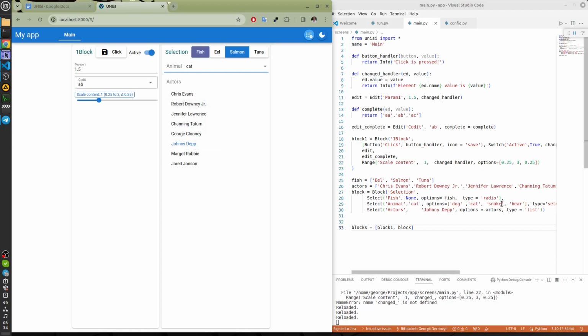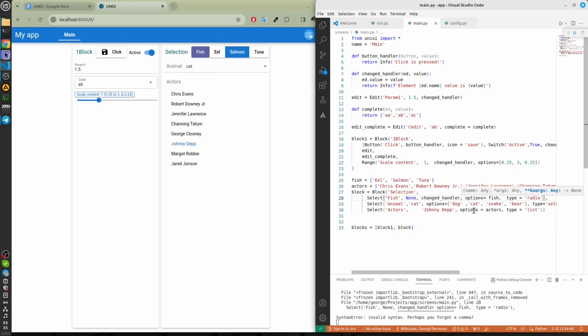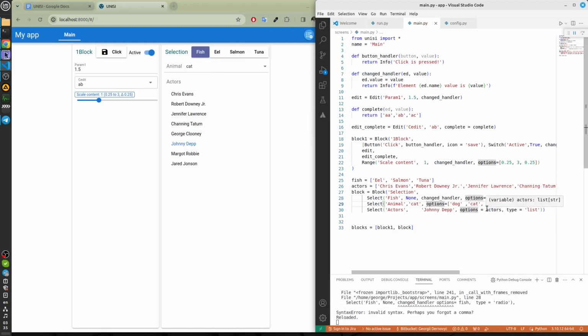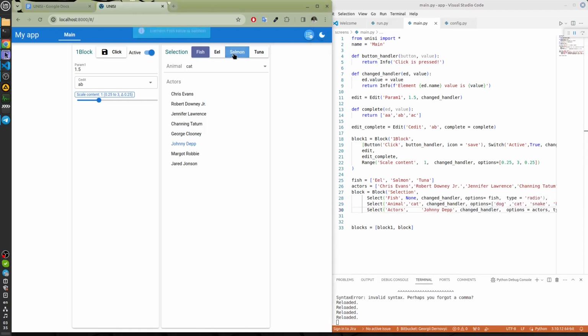Unicy can choose the optimal type for us. Add the same changed handler and look at the same effects.